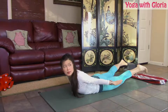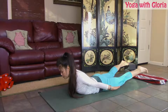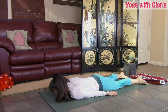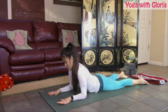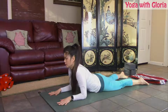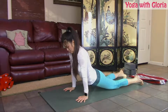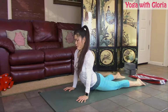And up. So again, if you're tired, at any time take a child's pose, that first pose we did. And then join us when you're ready to come back. Okay, from here you can either do Sphinx, right here, forearms down, or if you're ready for your full cobra, you can take your hands under your chest and come up, grow your cobra as high as you're comfortable,